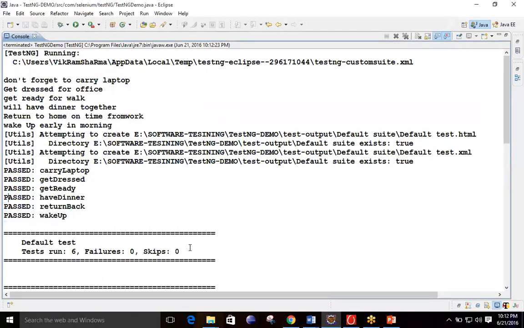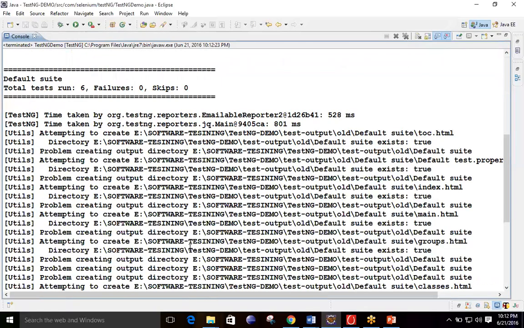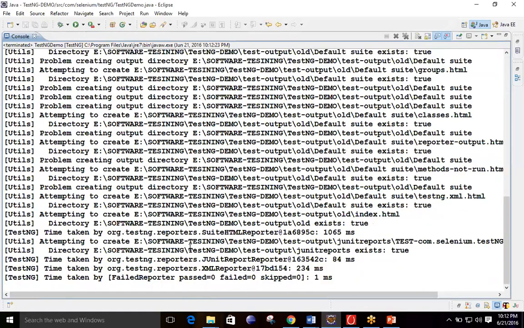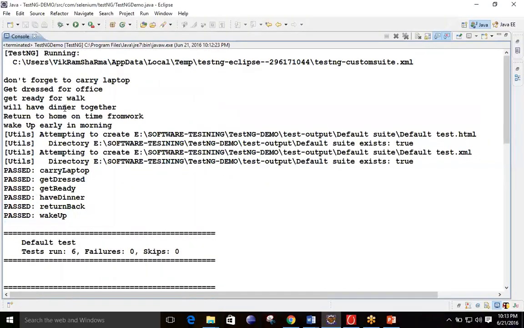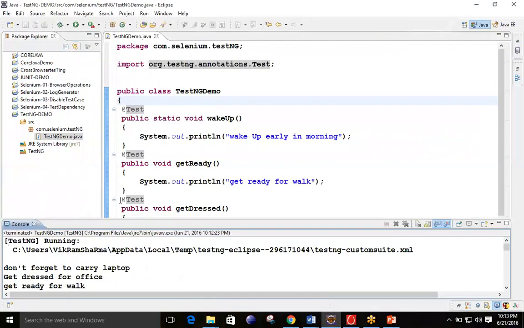Here you will get a lot of extra information. Don't focus on that, because that is unnecessary output. So this is one way of getting the output from the TestNG file which you have run. But you are not getting the TestNG output. What you are getting is the console output, and this is for Java code. You want the TestNG output.